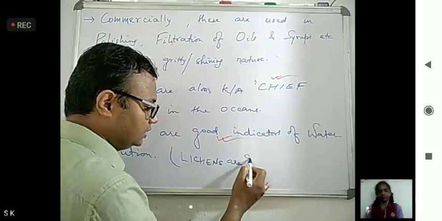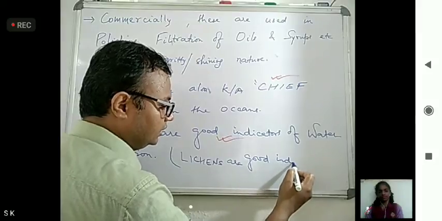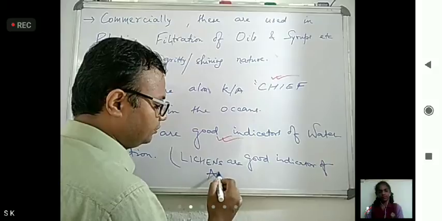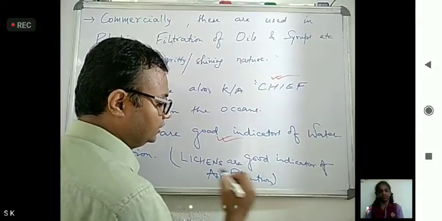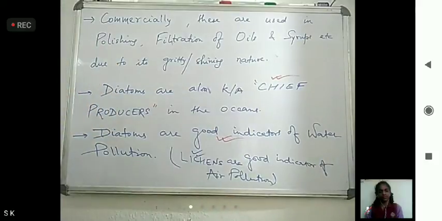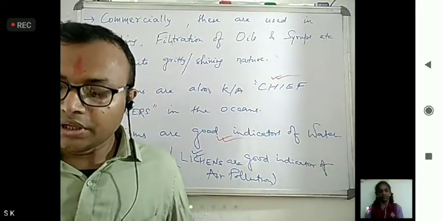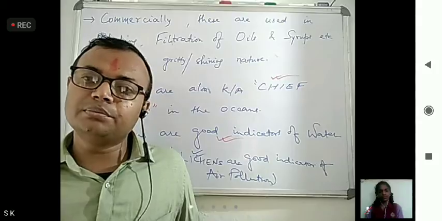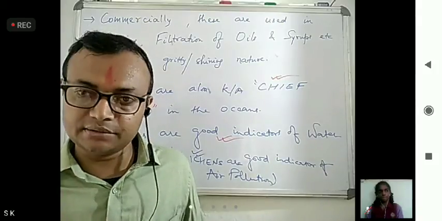Lichens are good indicators of air pollution. And for water pollution, the good indicator is what? Diatoms. Okay. Now, if we come to the common examples of these chrysophytes, or we can say diatoms, are